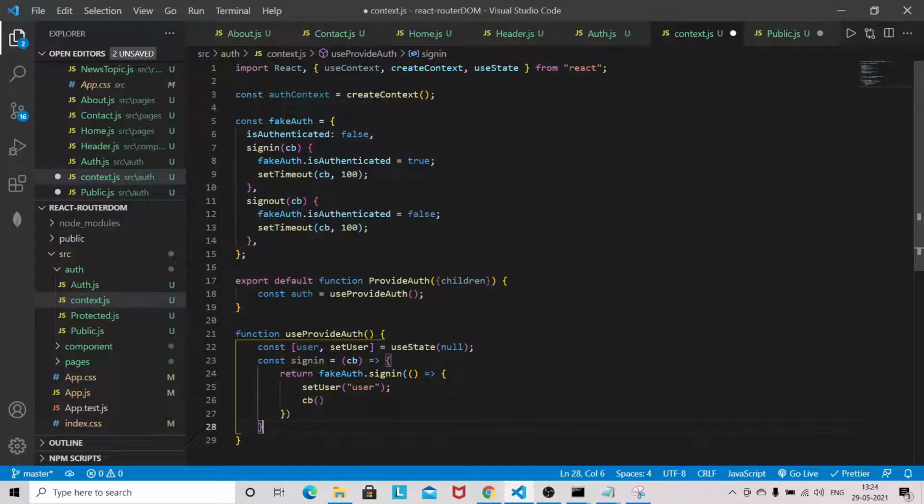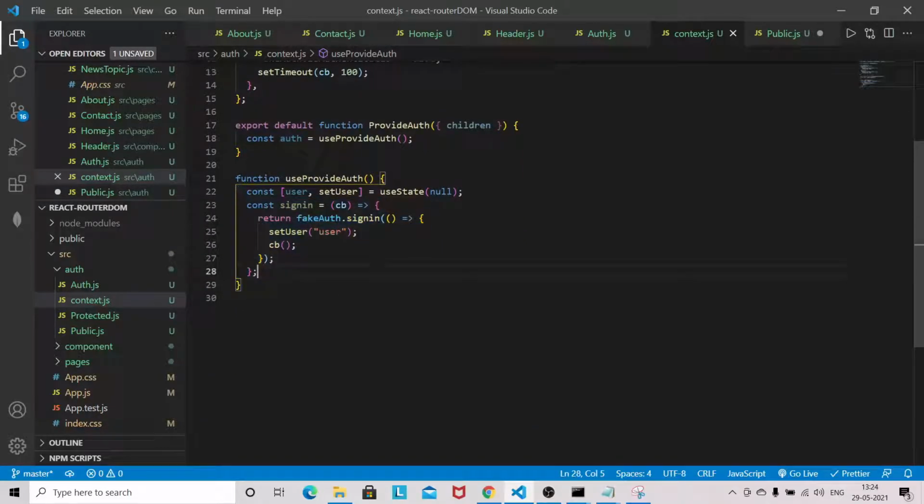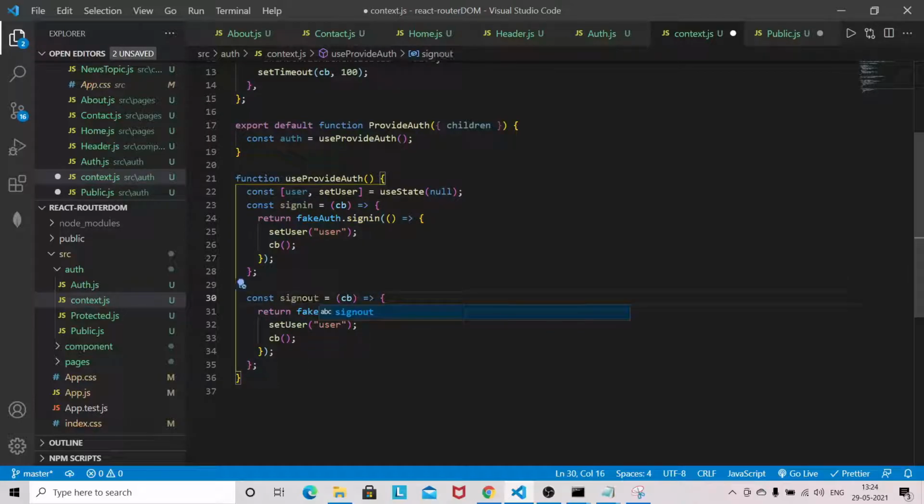So this is for signing in, and the same thing will go for sign out. We'll just copy this one and put the name. This will be changed to signOut, and this will be null actually.